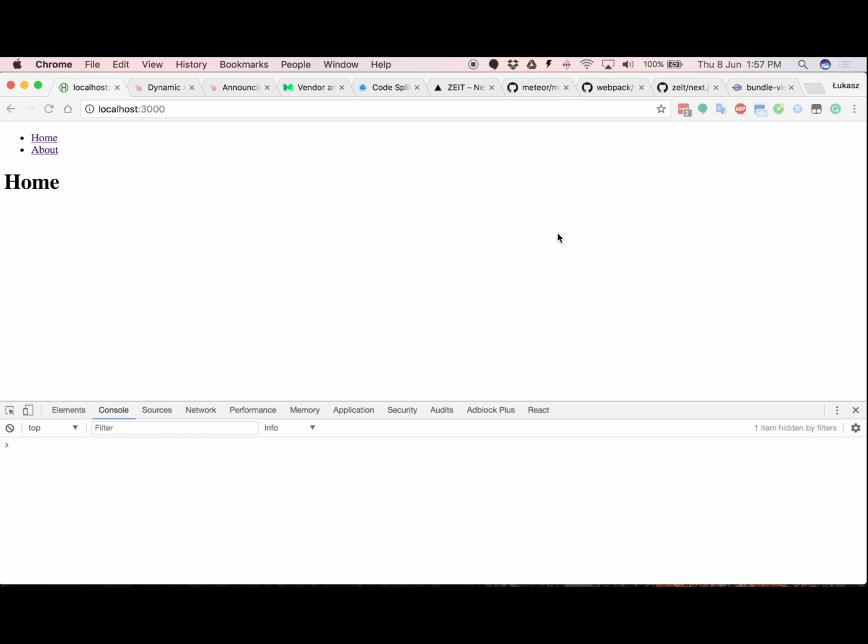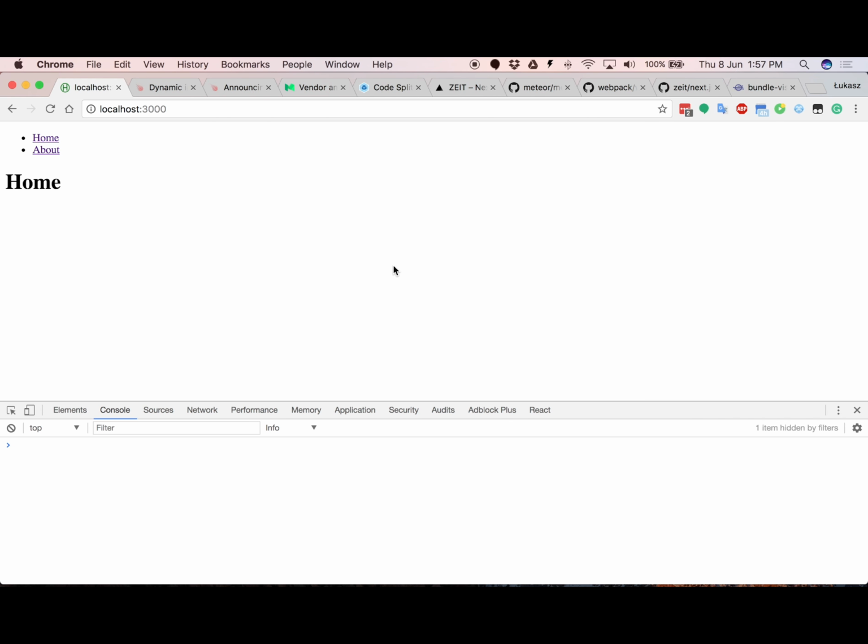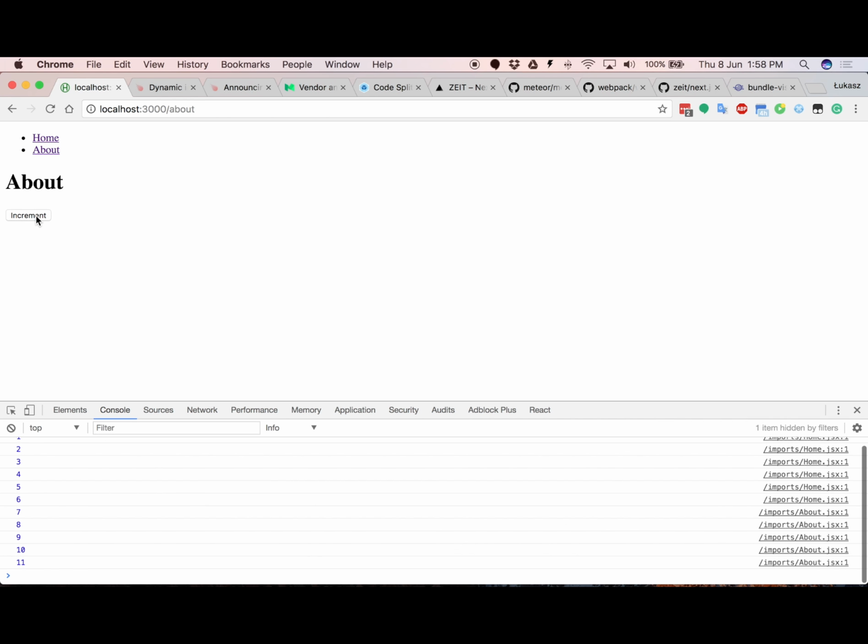Okay, let's check if it's working properly. We have the increment button, so let's try incrementing our counter, and let's go to the about page and increment it. And as you can see, it increments it like it would be the same variable, because it is the same